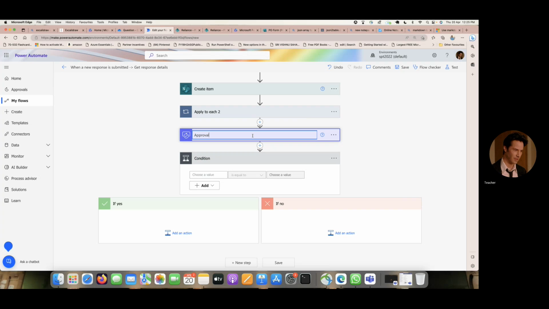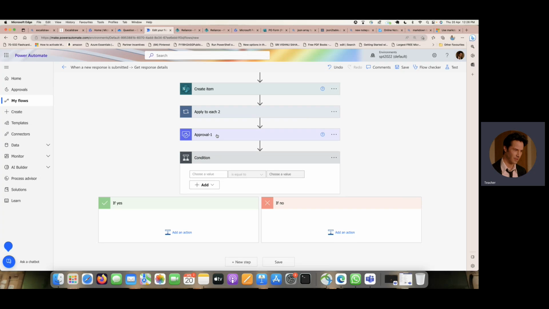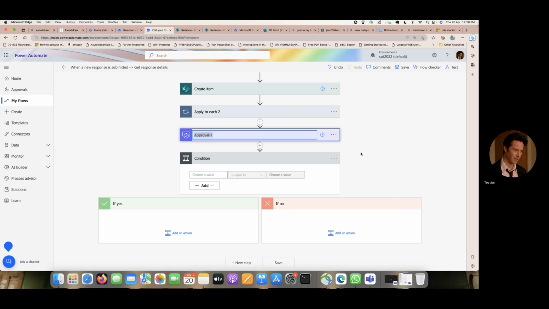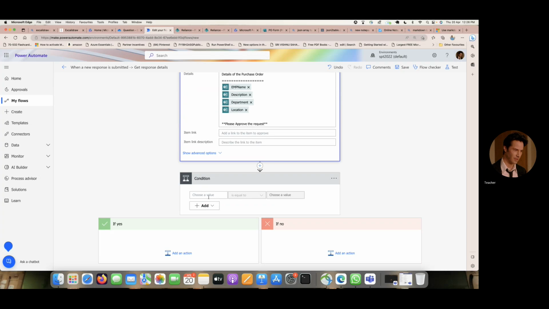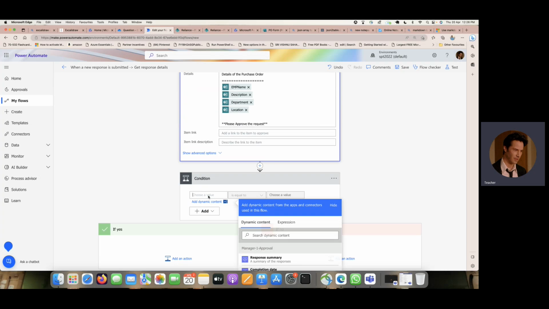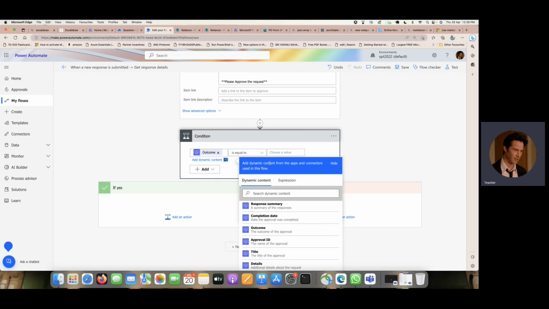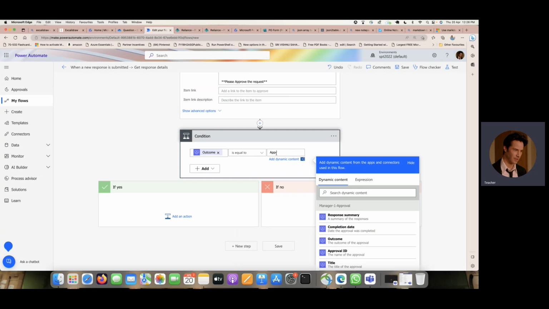Approval one from manager one. Manager approval one. Or let's name it manager one approval. Okay, so just renamed, and here we need to get the outcome. So the outcome of this manager one approval, let's take the outcome. The outcome will be approved. If it is approved,